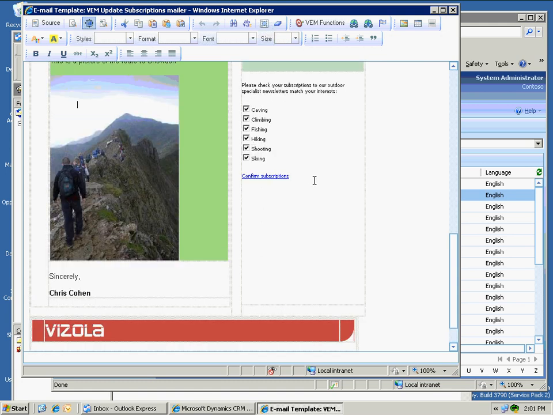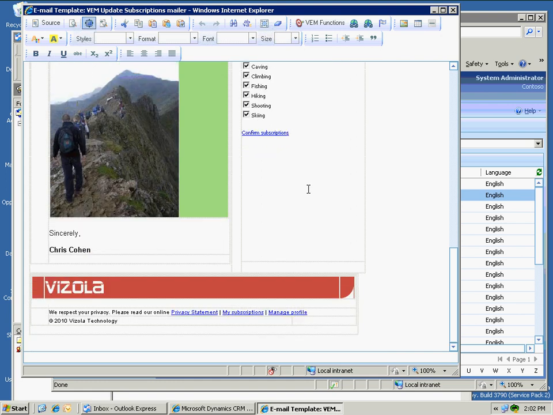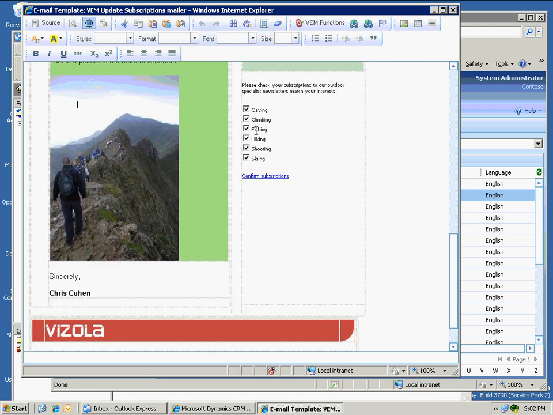So really there's two modes of managing this feature. One is to include notification of a recipient's current subscriptions, and the other is simply to put in a link so that they can manage them online. Okay, so let's have a look at this one here. If we simply place the cursor anywhere in this block here,